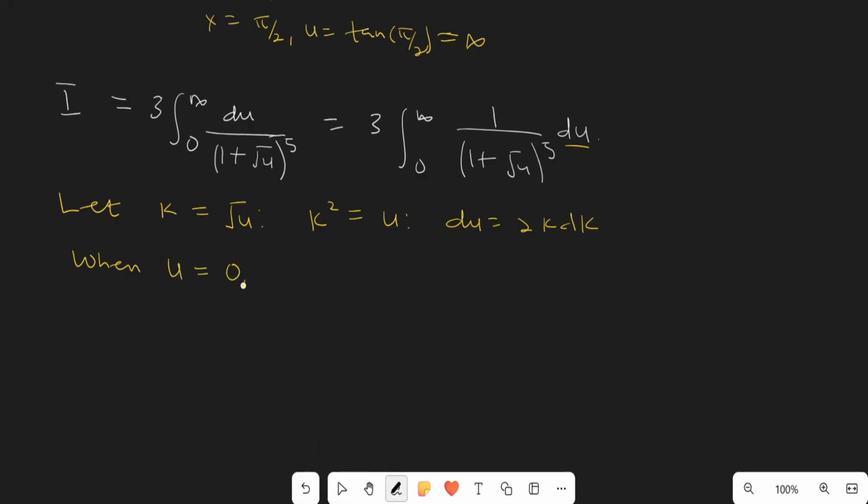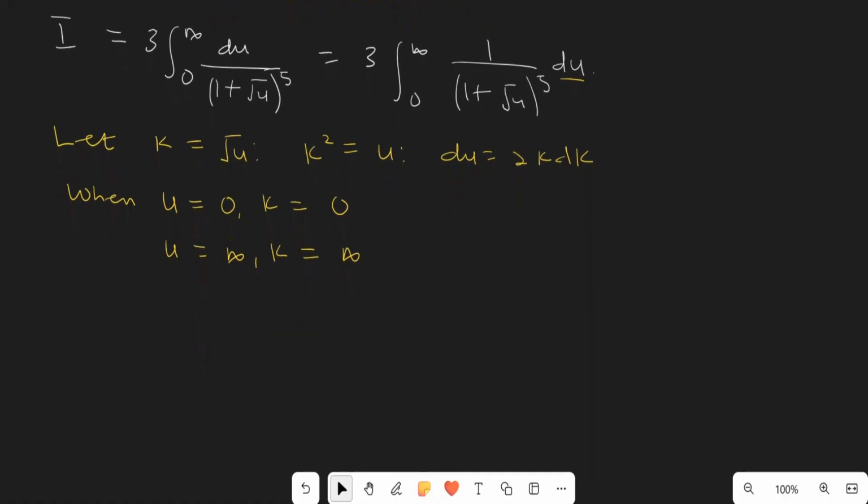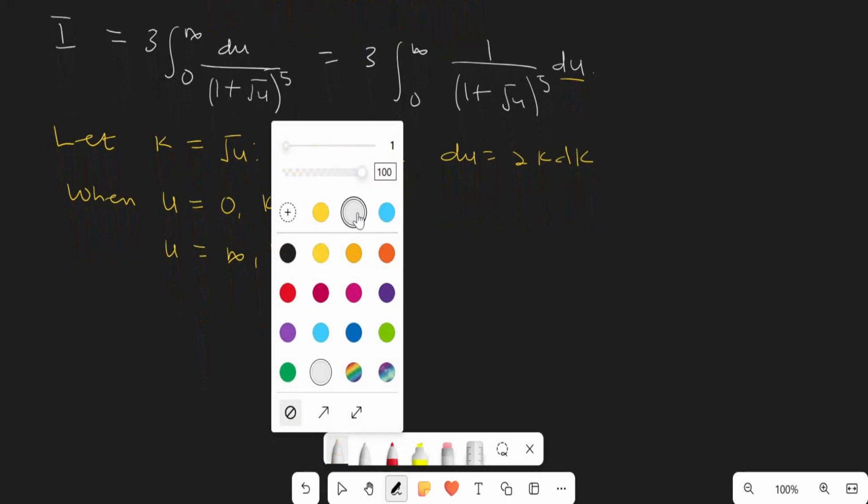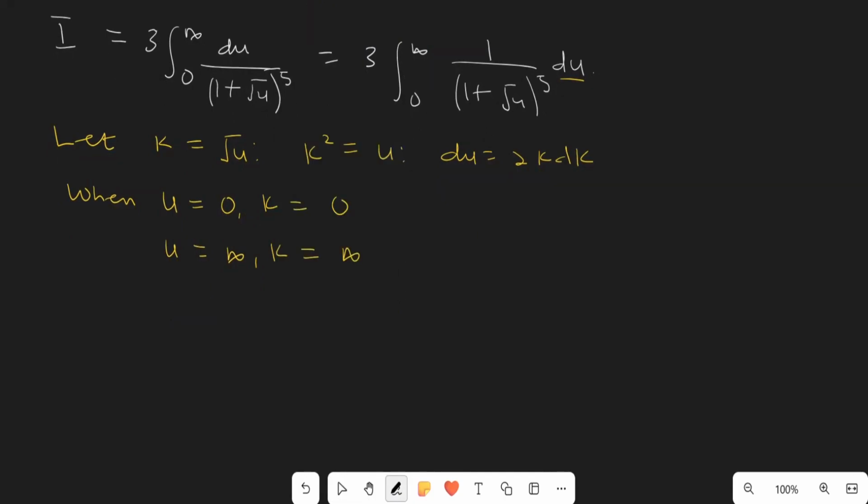The change in limits: when u is equal to 0, k is going to be equal to the square root of 0, which is 0. When u is equal to positive infinity, k is going to be the square root of positive infinity, which is infinity. So we are now going to take our integral from the u world into the k world. So I is going to be 3 times the integral from 0 to infinity. The limits do not change,